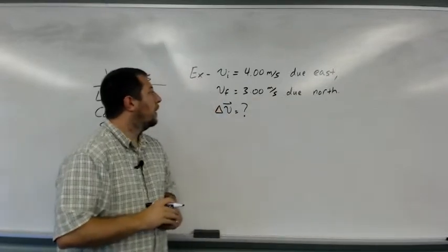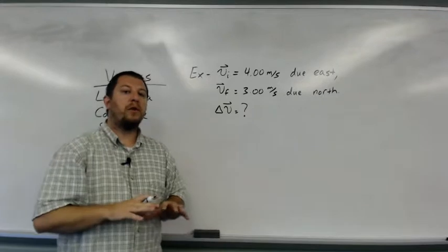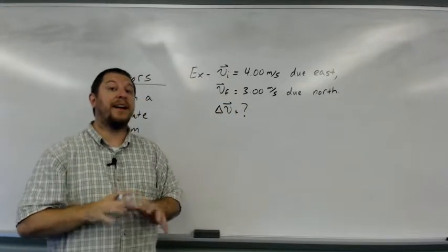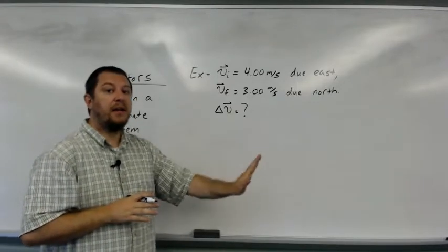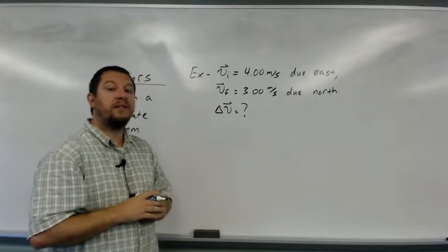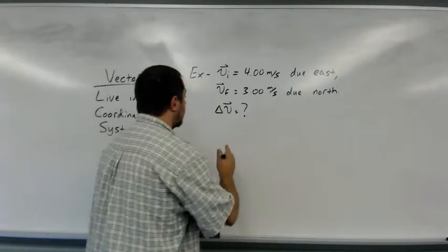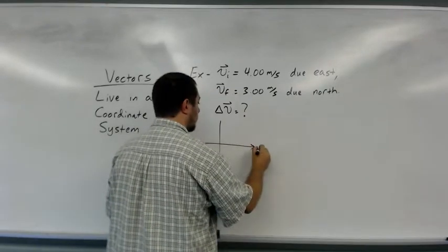And technically we need our arrows here. So I want to find what the change in my velocity is if I have these two vectors. So I'm going east and then I'm going north, and I want to find what the change in the velocity between these two vectors is. So first of all, let's plot our situation. We're going to define a coordinate system,